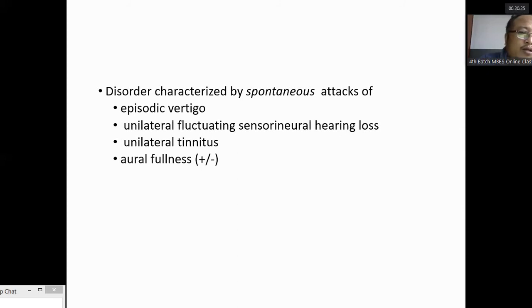But in Meniere's disease, another component should always be there: initially unilateral fluctuating sensorineural hearing loss. The patient also comes